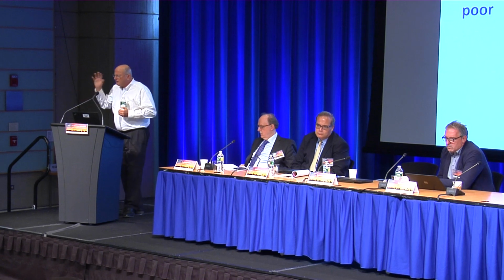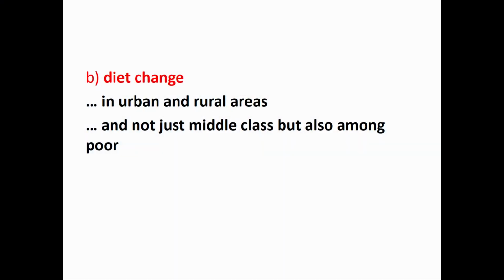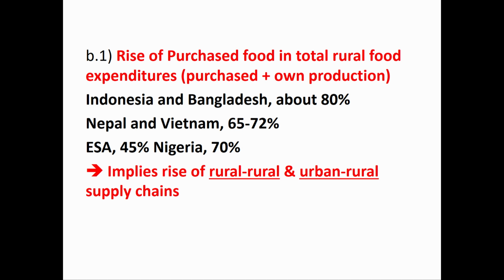Secondly is the change that's occurring in diets. And often one thinks about middle class, urban consumers being the ones that are changing and everyone in stasis. Our empirical work that we've been doing with LSMS and other data sets has shown that a lot of the changes that I'm going to mention quickly, and quickly I'm emphasizing, I know, are both in urban and rural areas, and not just in the middle class, but we've been surprised by finding that the poor are doing the same sorts of diet changes as the middle class.